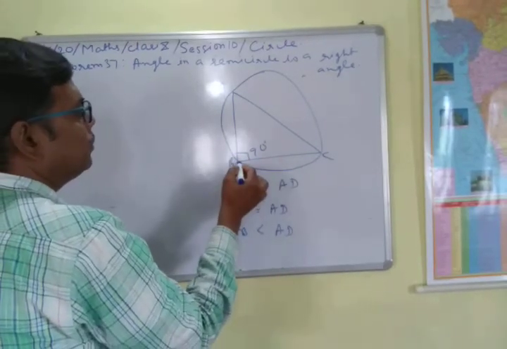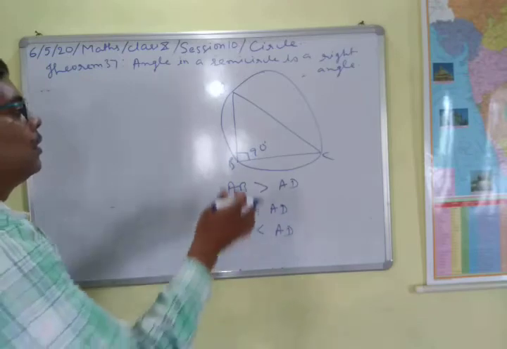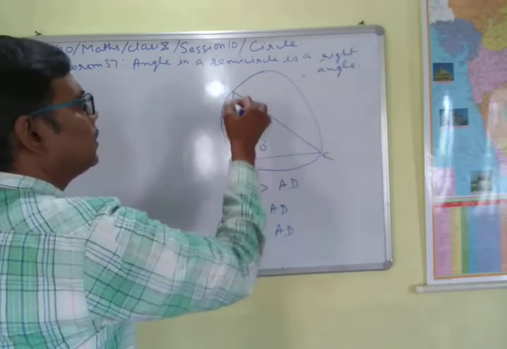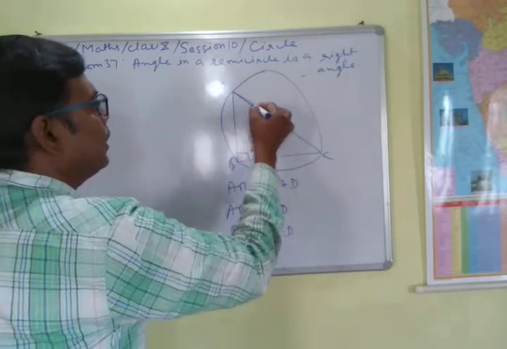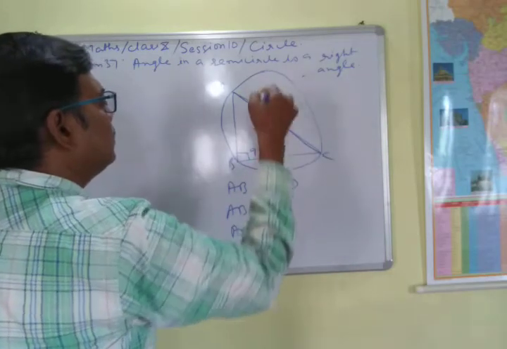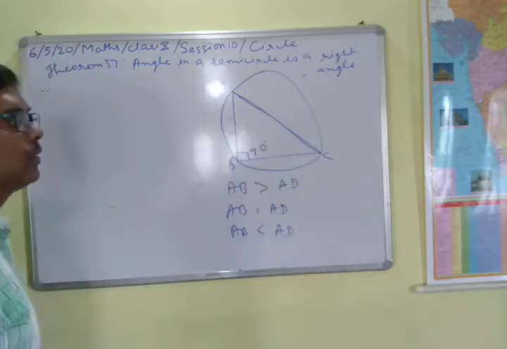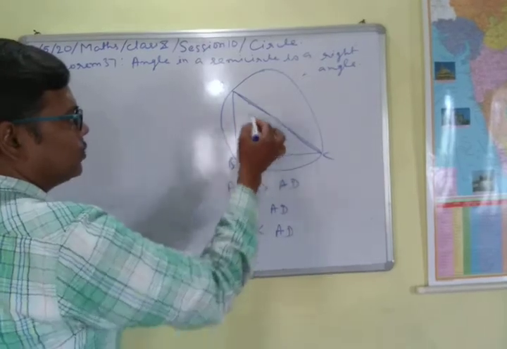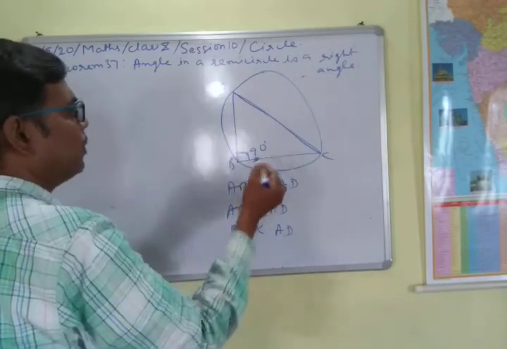So that point D will be the point on BC, because this is a circle and this is a right triangle here. If you take this as a diameter and draw the circle, then because you know that the angle in a semicircle is a right angle, this circle will pass through the point B.